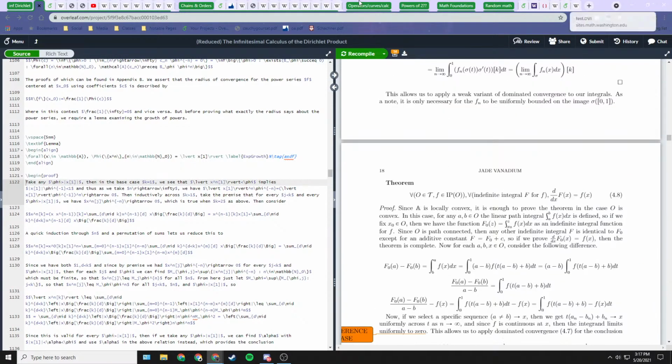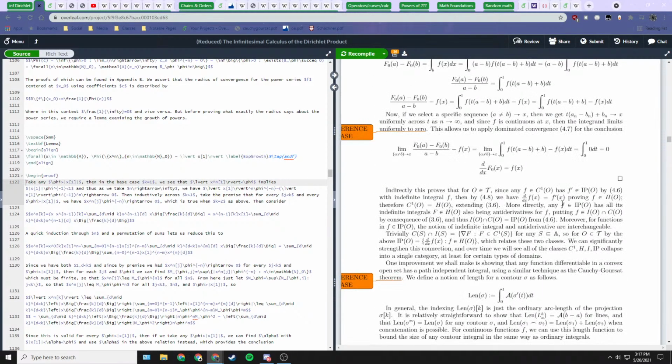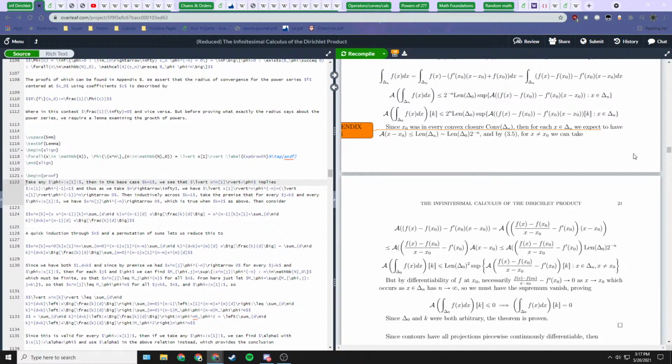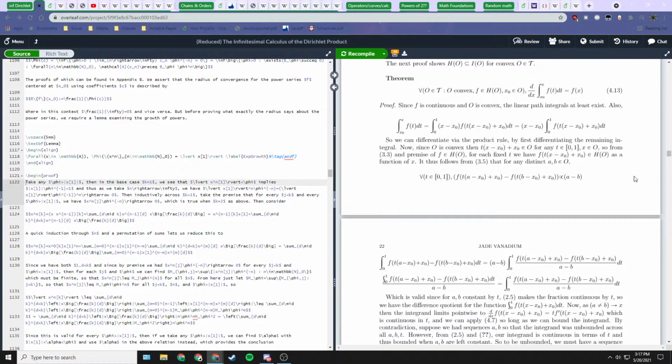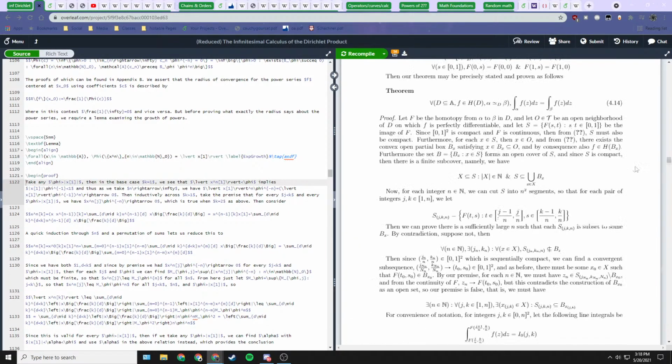Interestingly, spoiler alert for the future, to prove that power series are analytic, what we actually end up proving is that every differentiable function in a neighborhood, in an open set, is analytic. And this is the same property as in complex analysis. If something is complex differentiable, then it's actually an analytic function. It's infinitely differentiable and is equal to its power series representation using derivatives at every point. And the proof is also really similar. It's almost the same, in fact.